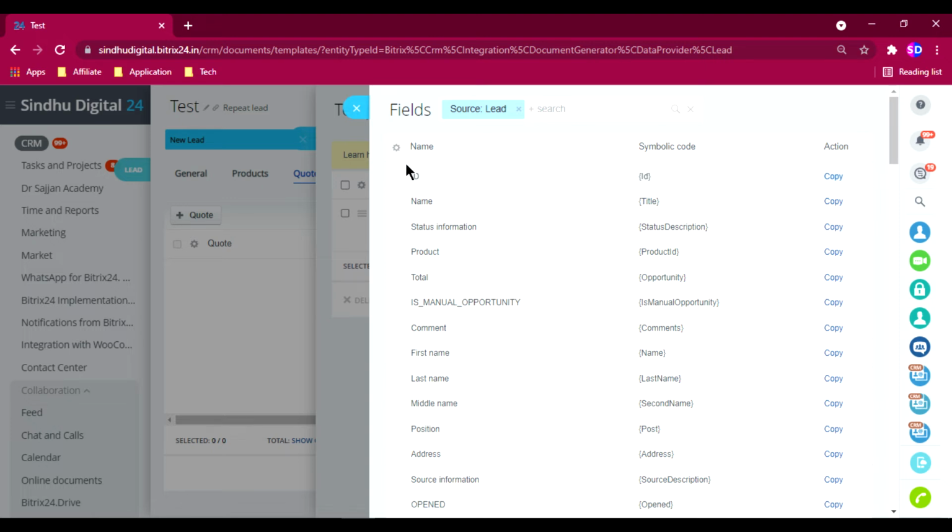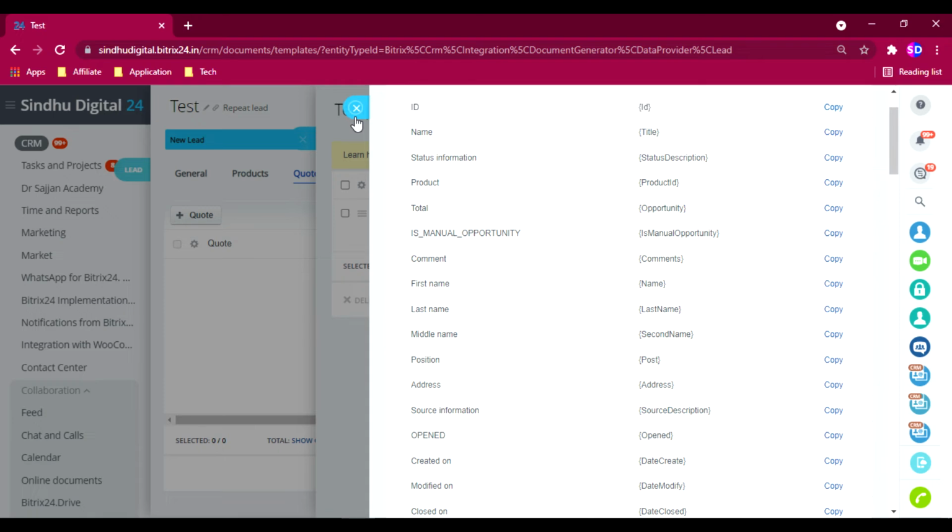If you put that ID equal to this, the data will be captured. The same with status information, you need to put that coding symbol, and the data will be easily captured by Bitrix. This is used for manual creation of templates.